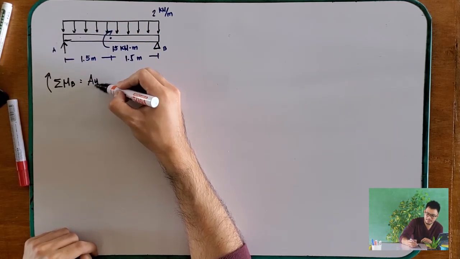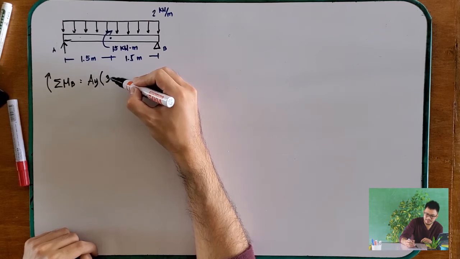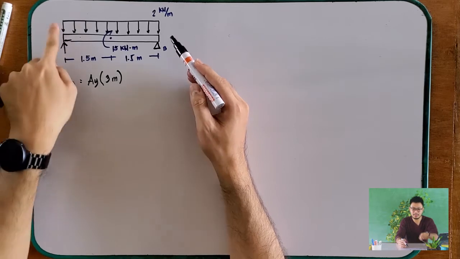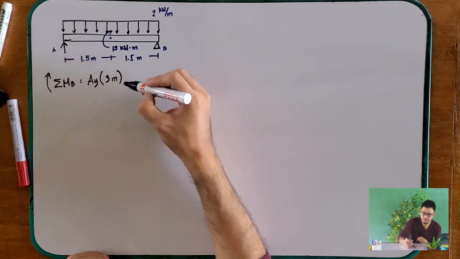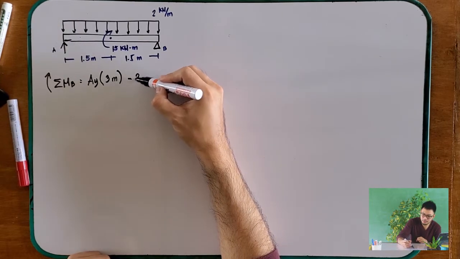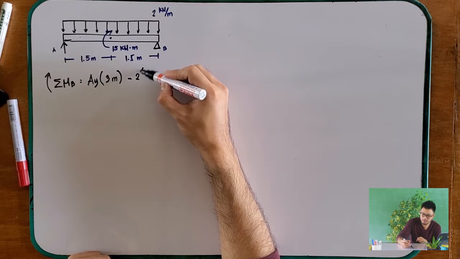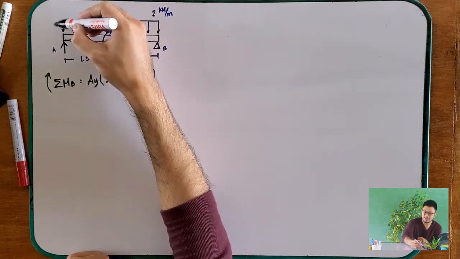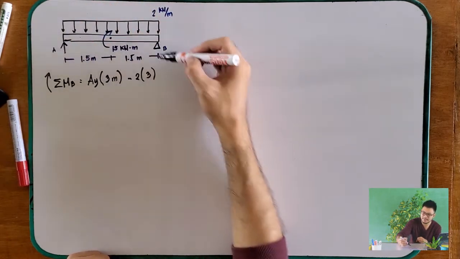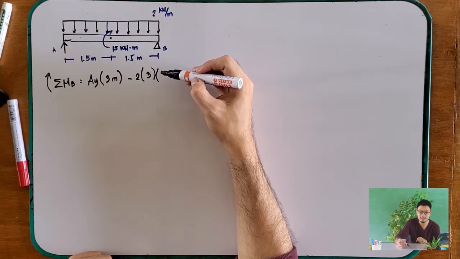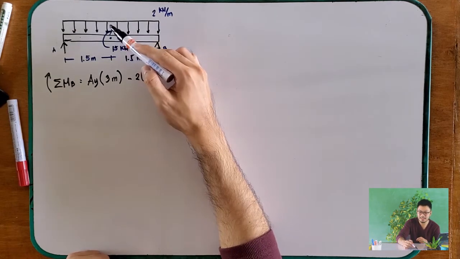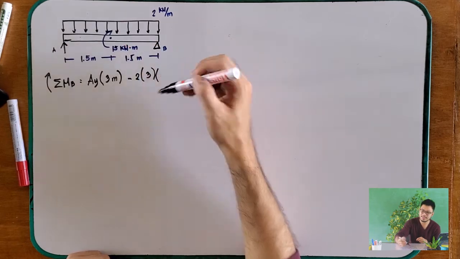So AY multiplied by 3 meters, and then dito sa distributed load minus 2 kilonewton per meter multiplied by 3 meters para ang iyang resultant force is 2 times 3 meters, and multiplied by the moment arm, which is ang centroid sa atong rectangle is located at the center, that is 1.5